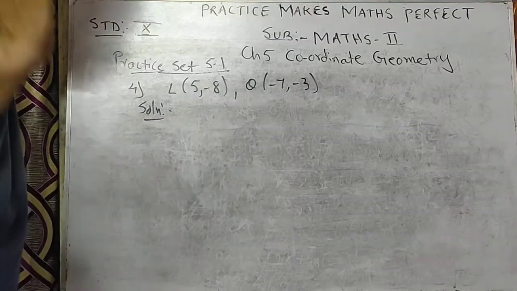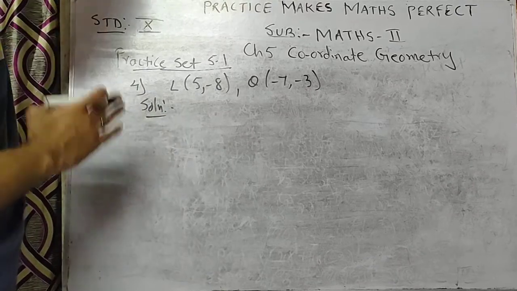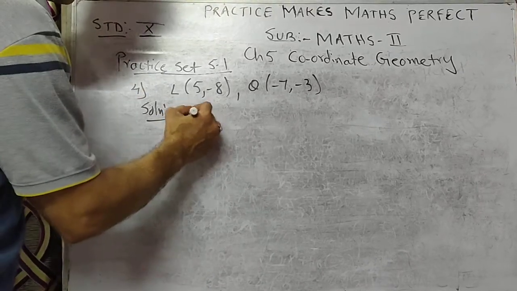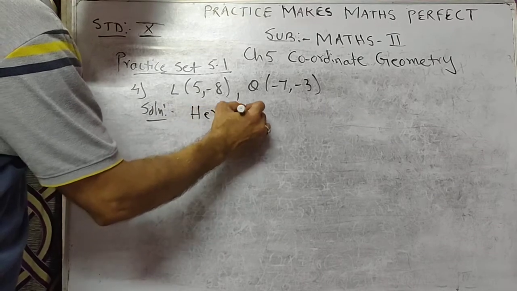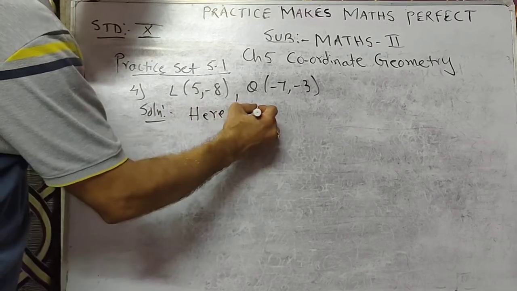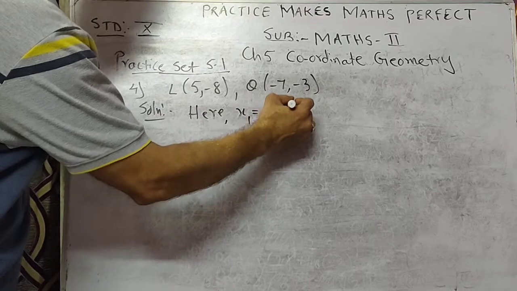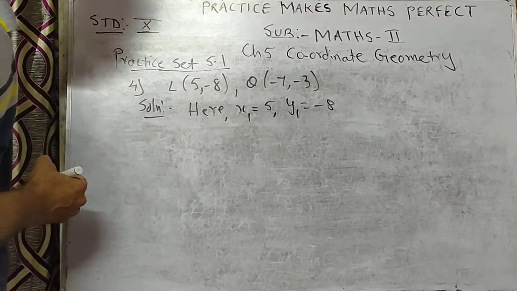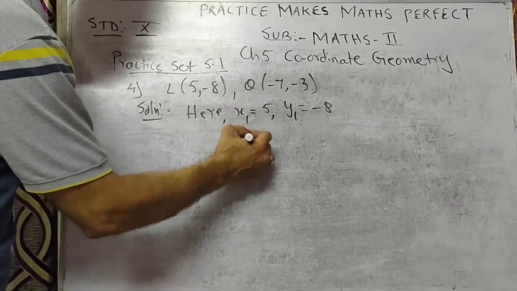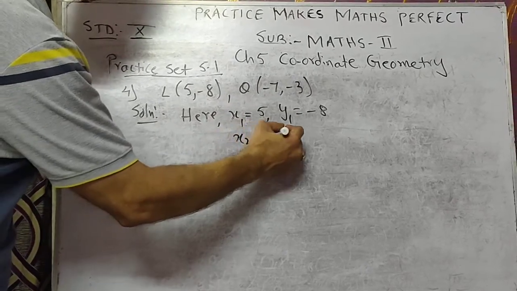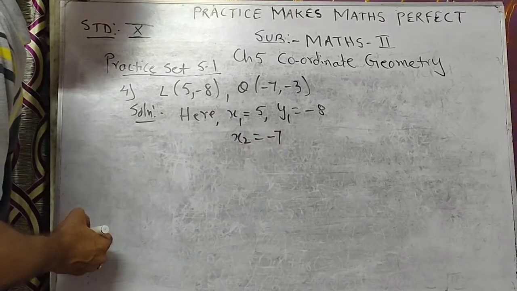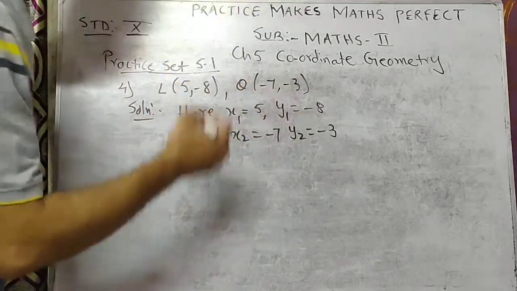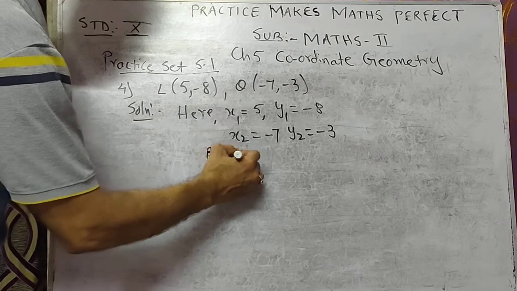Okay, now come to sum number 4. Sum number 4, L coordinate is 5 comma minus 8. So here x1 is equal to 5, y1 is equal to minus 8. And x2 is equal to minus 7 and y2 is equal to minus 3, by using